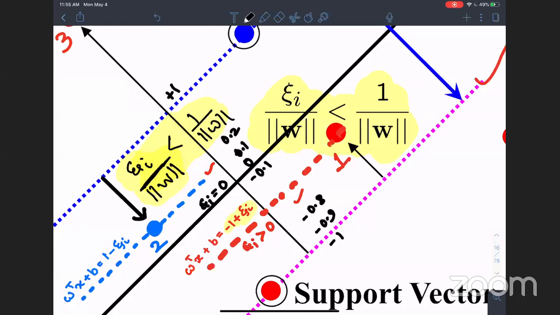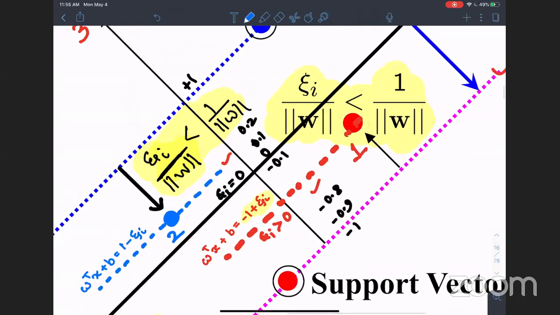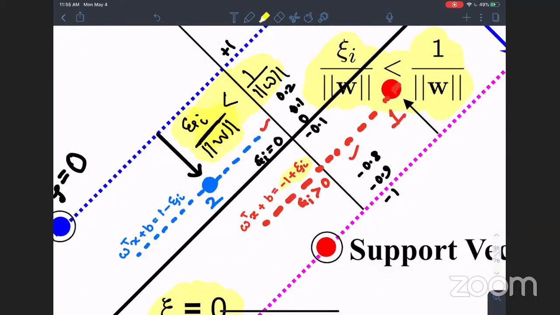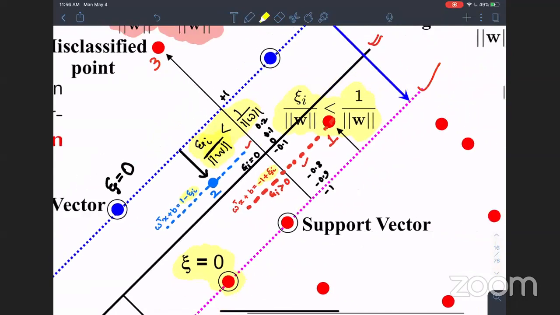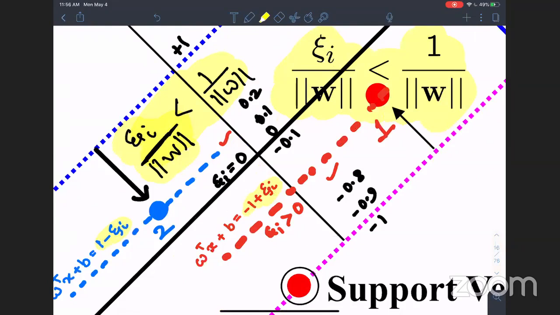So you can see here that that blue line, which is within that margin, where is that sitting? Here. This would be less than 1 in the positive sense. It can be 0.1, 0.2, 0.3. That means all those points which are within that tube would have a new line which is -1 + eta_i if you are on the red family side, or 1 - eta_i if you are on the blue family side. Okay, so that means the distance of any point on this line now, which is the red line,